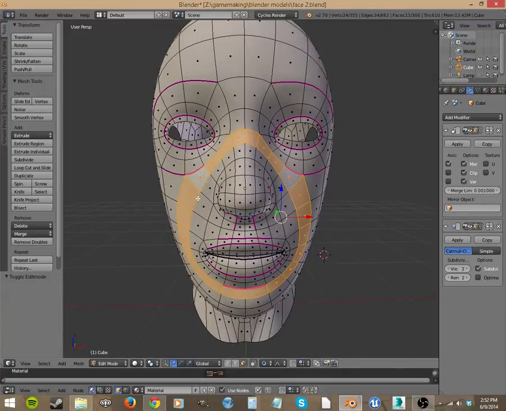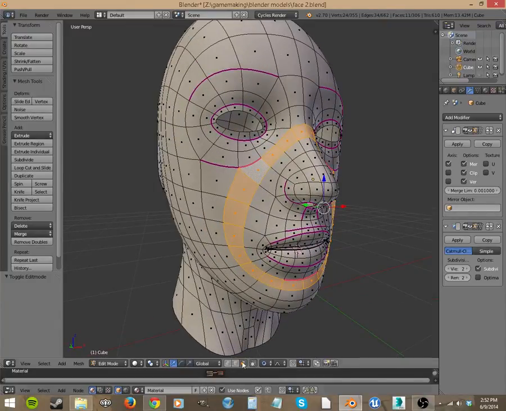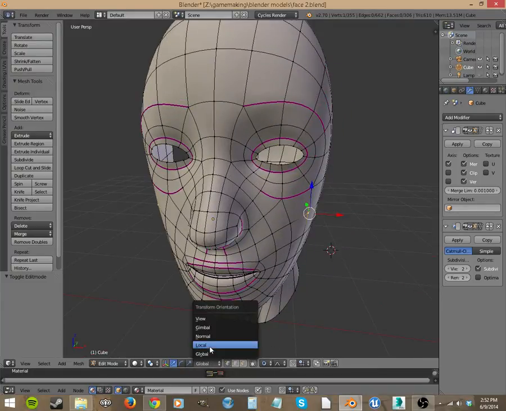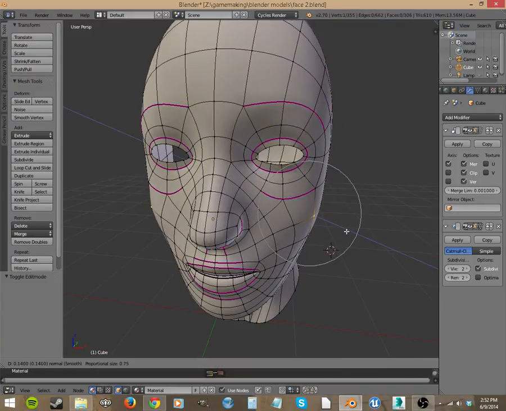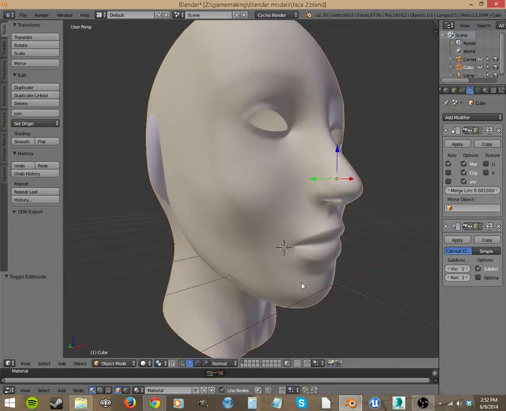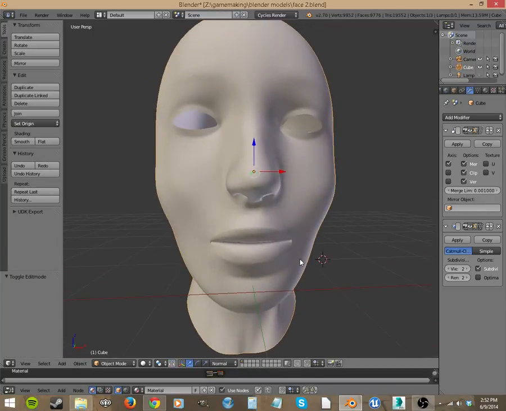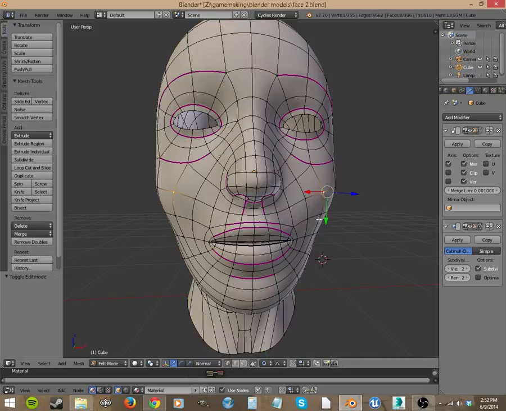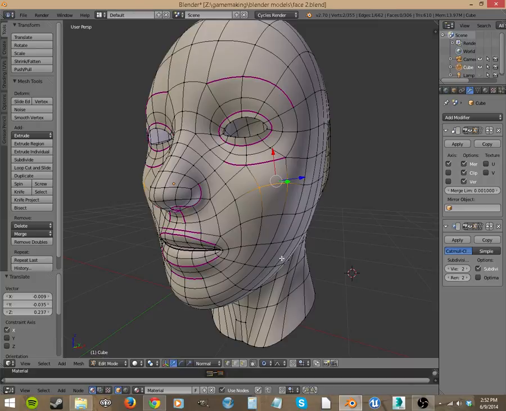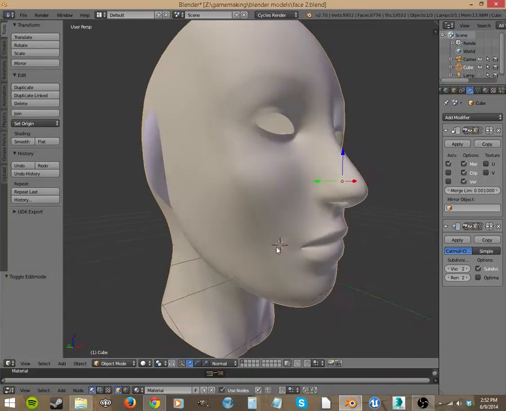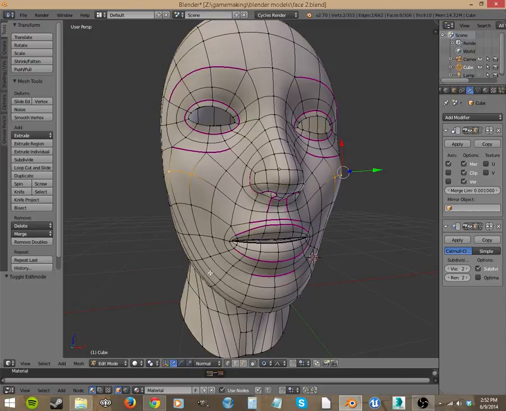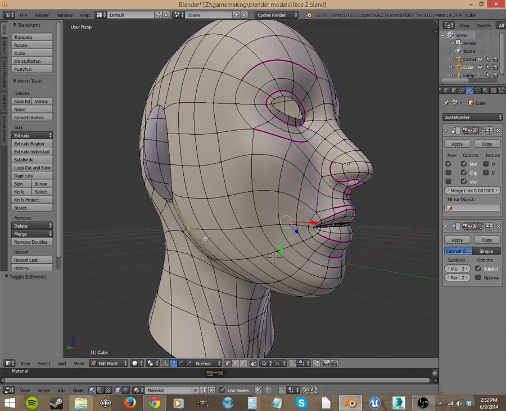I can make the cheeks really big if I grab over here. You know, let's switch this to normal. And then we can puff out the cheeks a little bit and give bigger cheekbones. Or, you know, it would be smart if we raise those cheekbones up a little bit. That's a little bit more realistic to have higher cheekbones, and we could have a wider jaw if we just